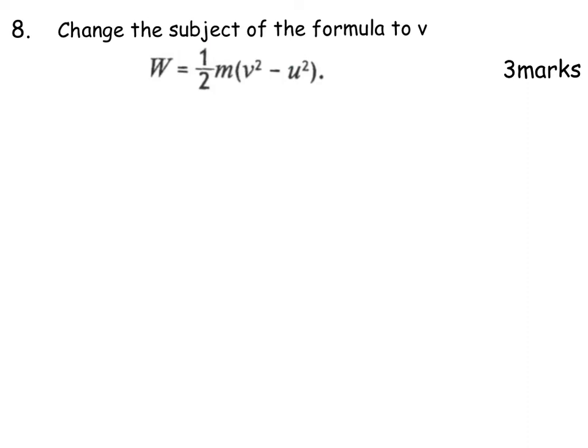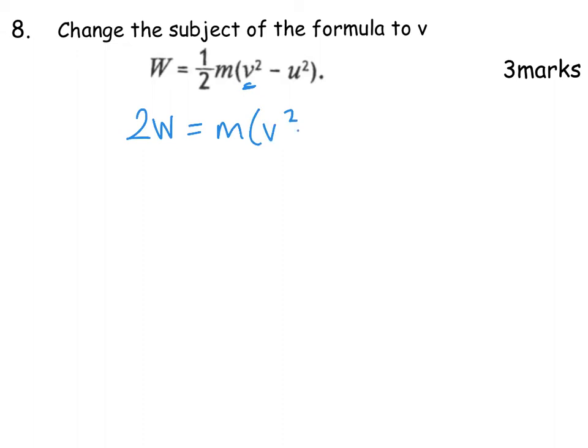Okay, next we have a change the subject of the formula, 3 marks. This isn't one of the nicer ones that we usually see though. So our aim, remember, is to get v on its own. So the first thing I'm going to deal with is that half. I'm not going to multiply out the bracket because that would just give me fractions everywhere. The opposite of halving is doubling, so we multiply that side by 2 and you're left with 2w and then